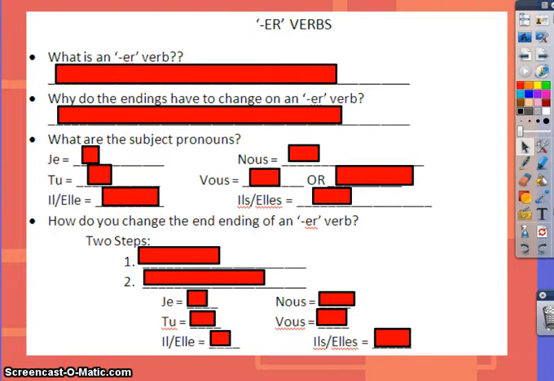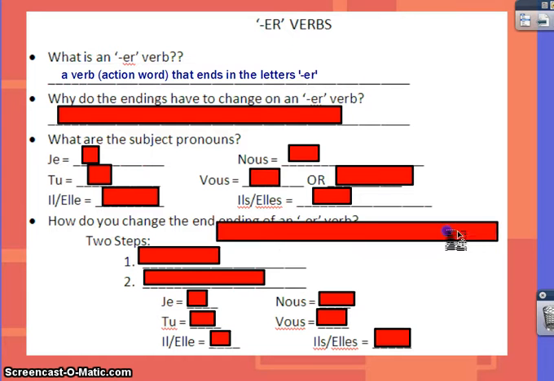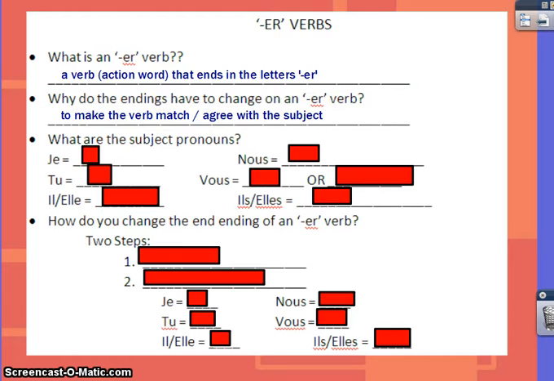So basically what we'll do is we'll backtrack and talk about the exact same thing that we talked about in the beginning of the year as far as how ER verbs work. And then I'm going to go ahead and add a new dimension to it by telling you about the exceptions to the rule. So all of this should look really familiar to you because we talked about this way back in the fall. An ER verb is, of course, a verb, as in an action word, that ends in the